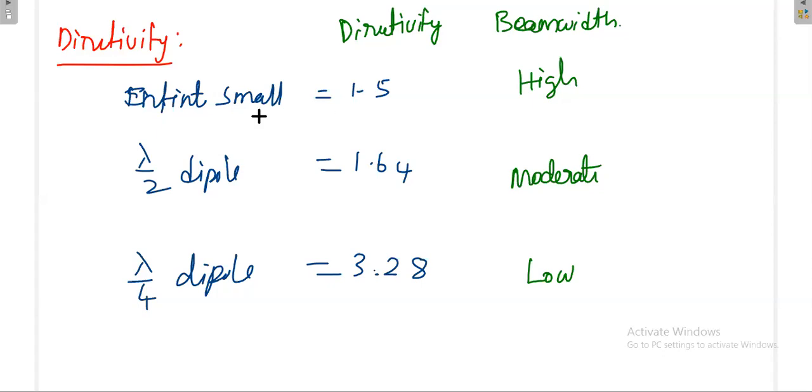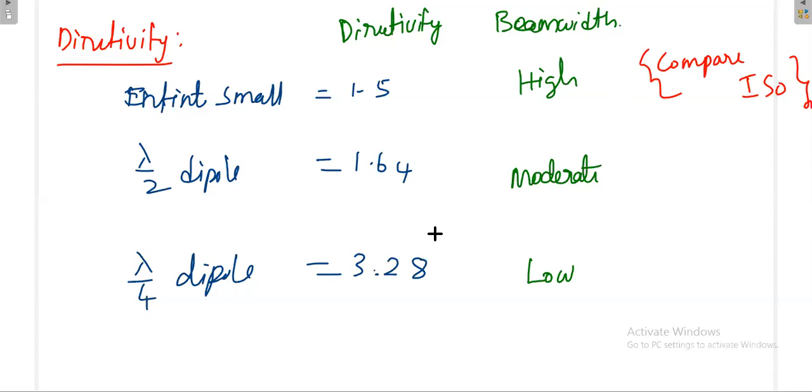That means compared to these two antennas, this is something similar to an isotropic antenna. This is a practical antenna, but once you apply the limiting condition, the infinitesimal small antenna can go to that isotropic antenna. That's why it has less directivity and high beam width. So you can think of it with the isotropic radiator with the limiting condition. You can always compare this with isotropic. The isotropic antenna is an ideal antenna, but you can compare the performance of these. Then these are all practical antennas, lambda by 2 dipole and lambda by 4 antenna.